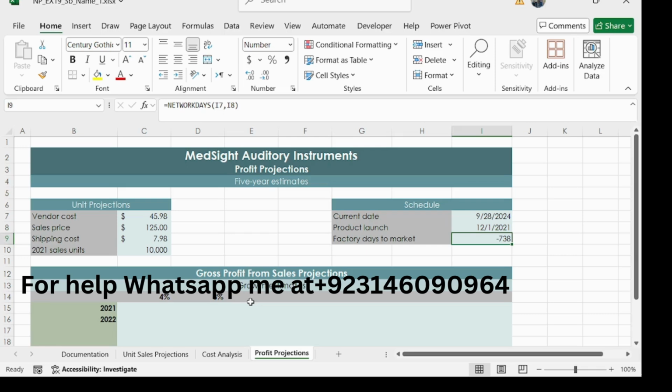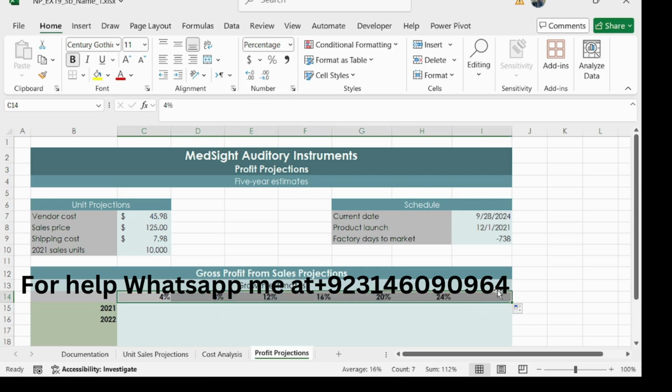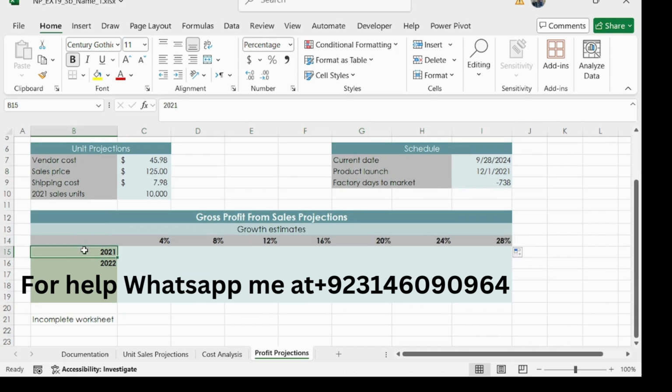in the range C14 to D14. Select this range, D14, and drag to, sorry, Control Z, and then drag to I14, like this. So we have completed the 11th step here, and our step number 12 is choose the value in the range B15 to B16. Select the range B15 to B16 and drag to B19, like this. So we have completed 12 steps here, and our step number 13 is,